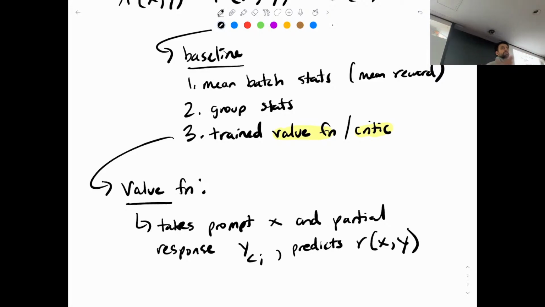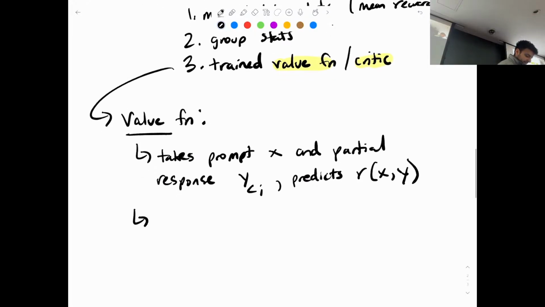So obviously this isn't perfect, right? I could start my unicorn story with Bob is a cow, and it might still be a great story about unicorns, right? I don't have full information in order to predict the reward. However, I might be able to get at least a better than random idea of how the model is doing given some output, right? If my partial response is Bob is a cow, Bob is a cow, Bob is a cow, repeated like 50 times, it is probably pretty straightforward for this value function to say that this will be a low reward sample.